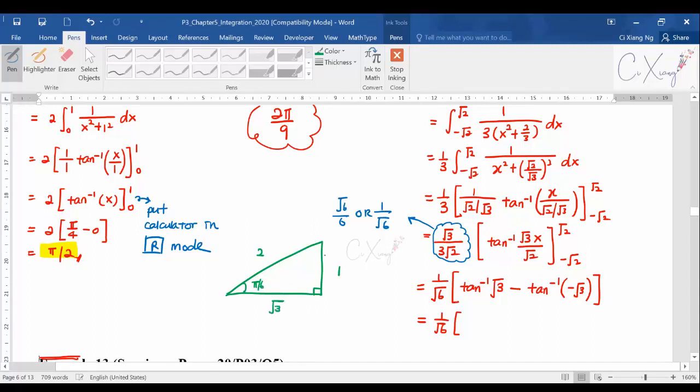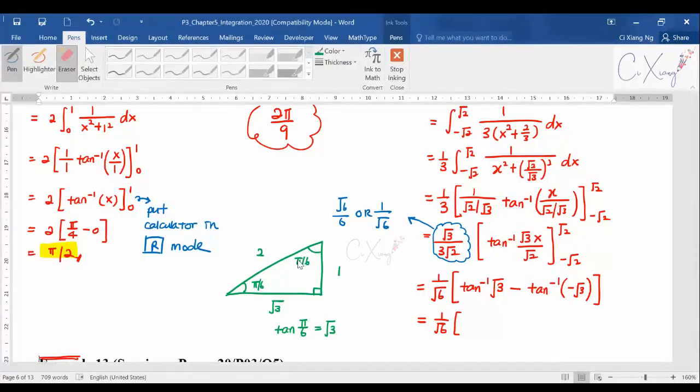So this is square root 3, therefore this is square root 6. Oh, sorry, pi over 6. So from this triangle, you will see that tangent pi over 6 is equal to square root 3. And therefore tangent inverse square root 3, you should get pi over